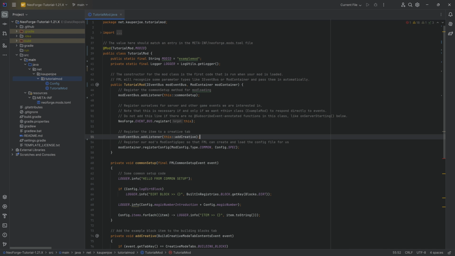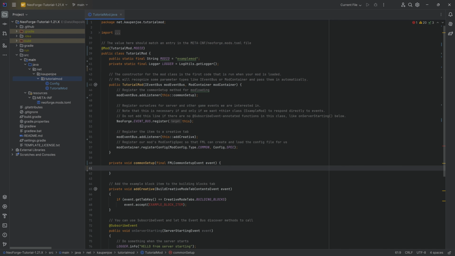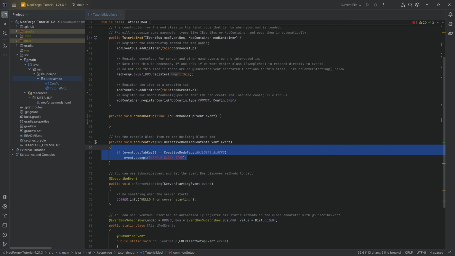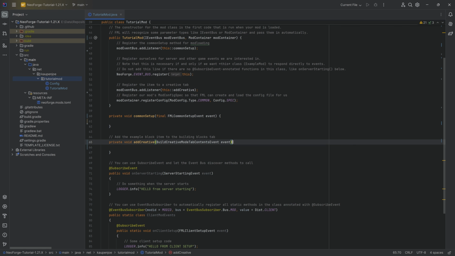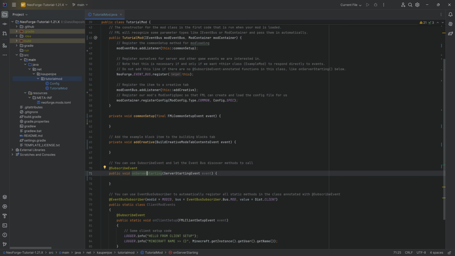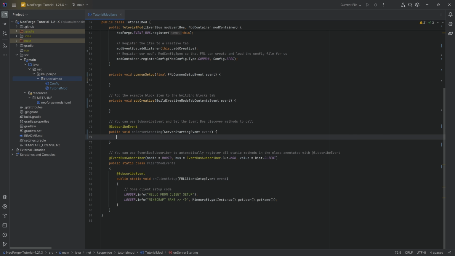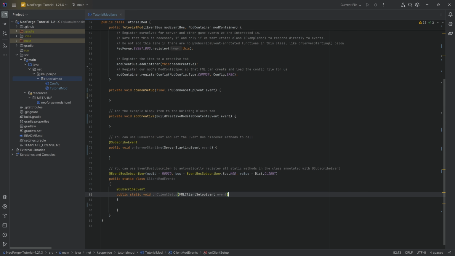We're just going to delete those and you're going to be good to go. I'm going to make the comment setup method empty. I'm going to keep it though. Same with the add creative method. We'll also empty it, but we will keep it. The on server starting method, I will also empty it and basically reformat this a little bit differently, but we'll